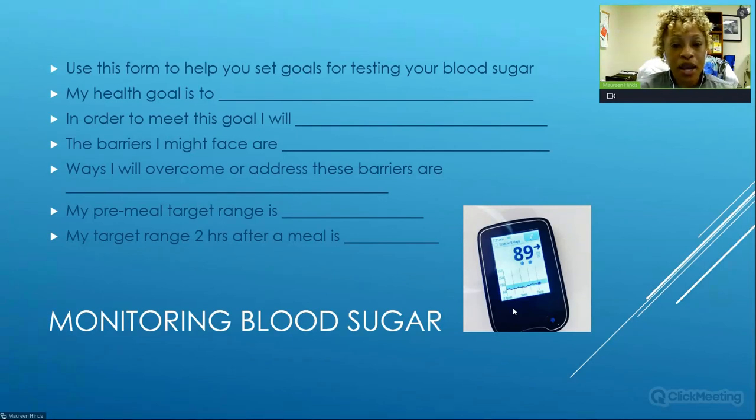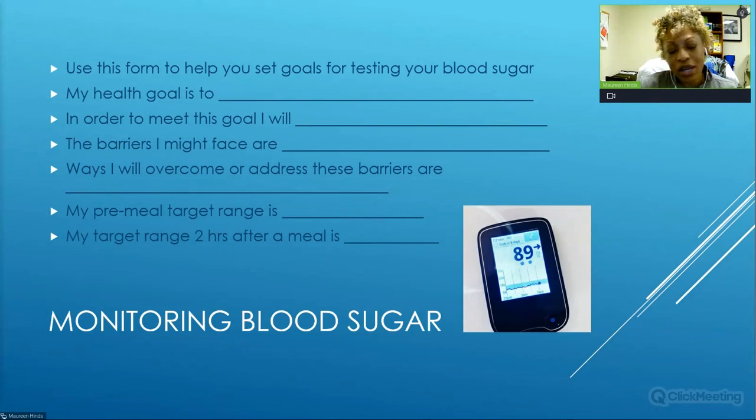And the rationale behind that is if you're only checking once a day, guess what? You only know what your blood sugar is doing once a day. And the reality is, our blood sugar fluctuates throughout the day, right? So you want to be able to have a good pattern as to how does my blood sugar hold up in the morning? How does it hold up in the afternoon? How does it hold up in the evenings? And enough of those readings is what's going to give you good feedback as to how well you're really doing.